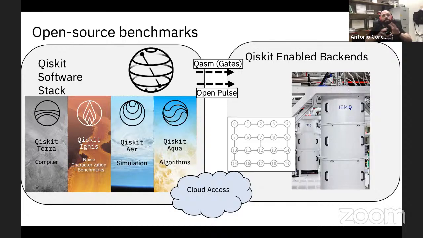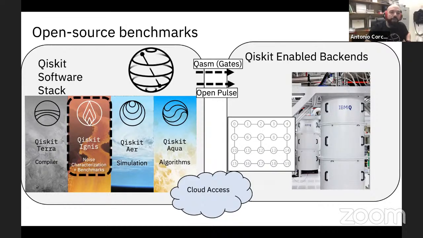So the main goal of this software stack is to provide a standardized interface between the user and the machine in a way that you can interact directly through this language called QASM at the gate level, and you can even go at a lower level and interact with OpenPulse at the pulse level, in which you can define different gates with a variety of pulse definitions and so on. So this will give the user a lot of versatility in how to interact with these systems and how to run different kinds of experiments and